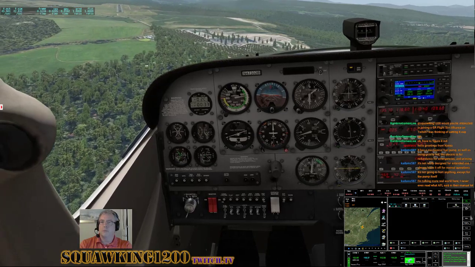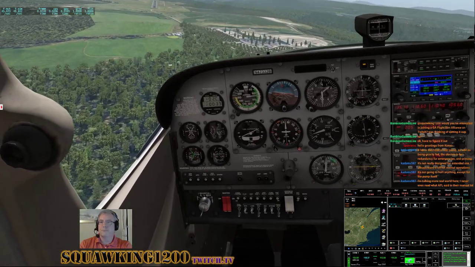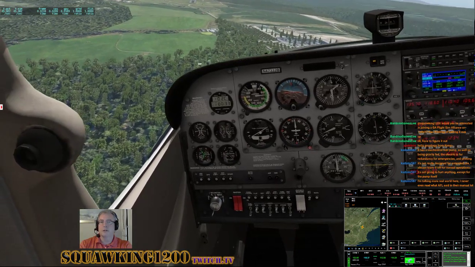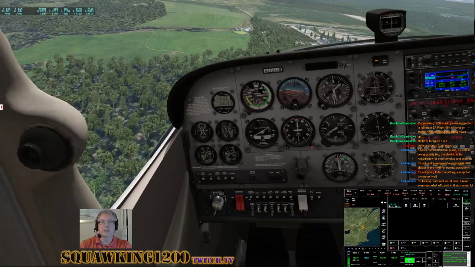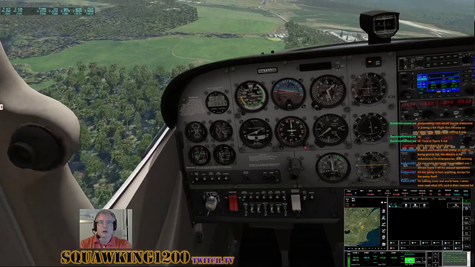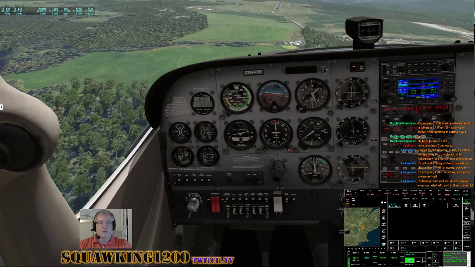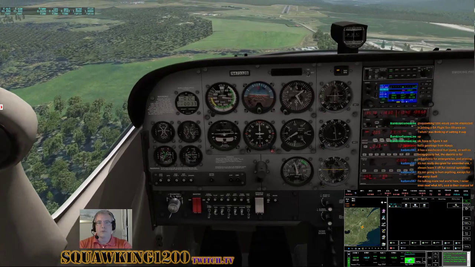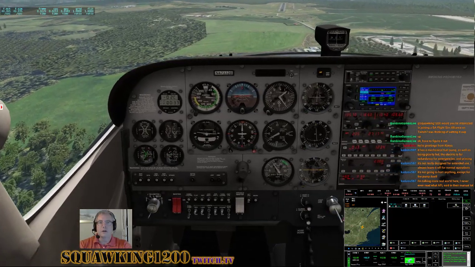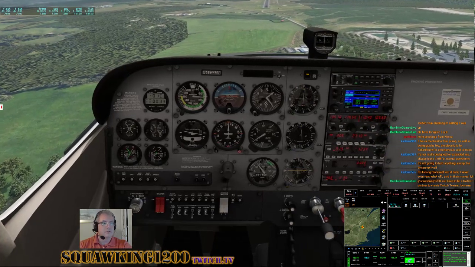So I now have both the 172s, the Reality Expansion Pack with the default and the Airfoil Labs. I like the cockpit of the Airfoil Labs, but I really like the way